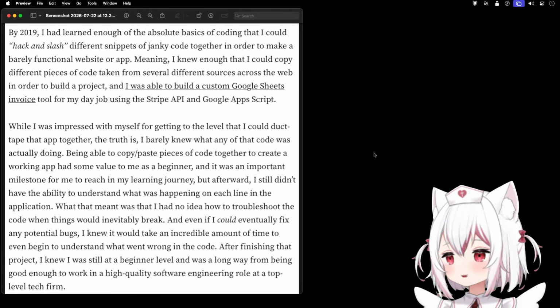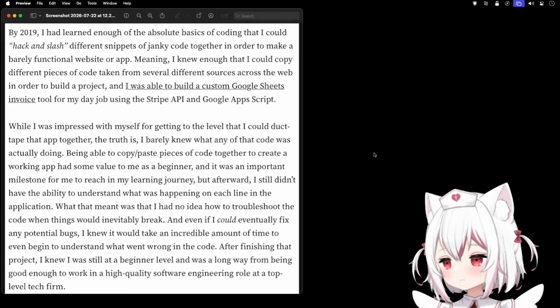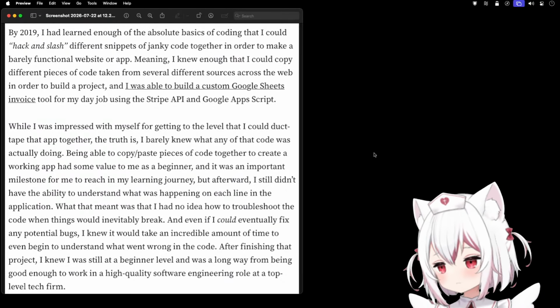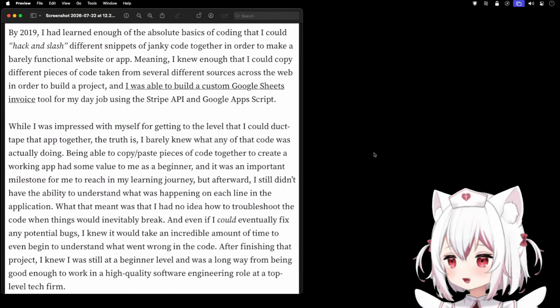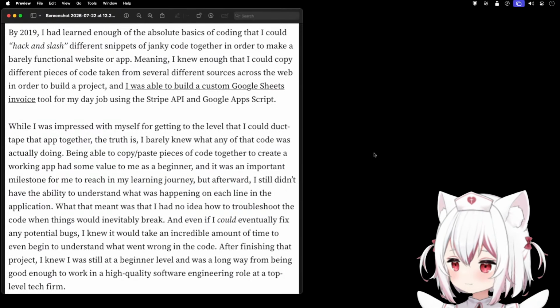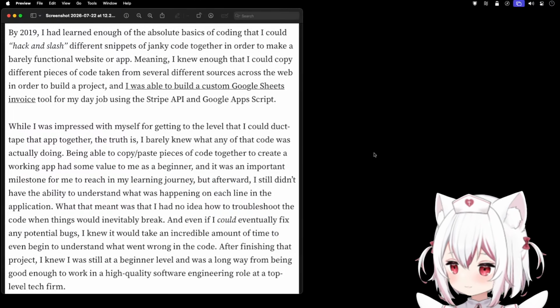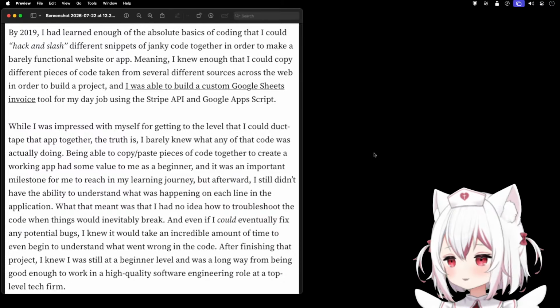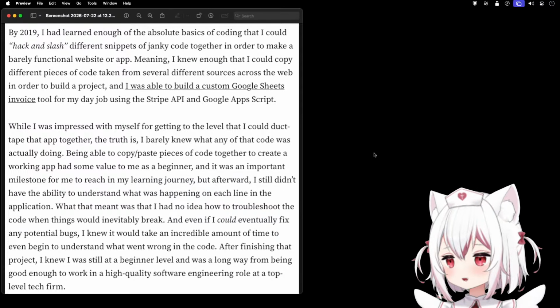But do you understand the code? Do you know what it does? If something breaks, will you be able to fix it? Well, then you might say, well, we have AI now, so I'll just ask Claude to fix it. And you can do that for the obvious things. But